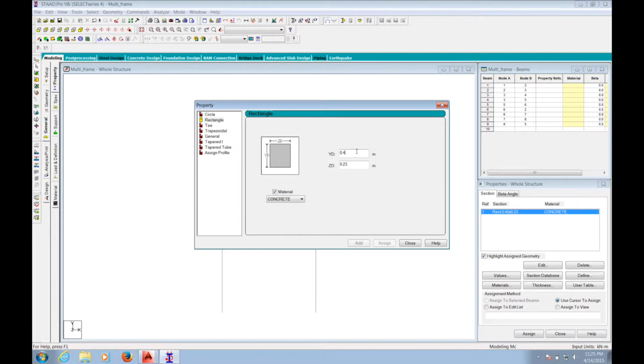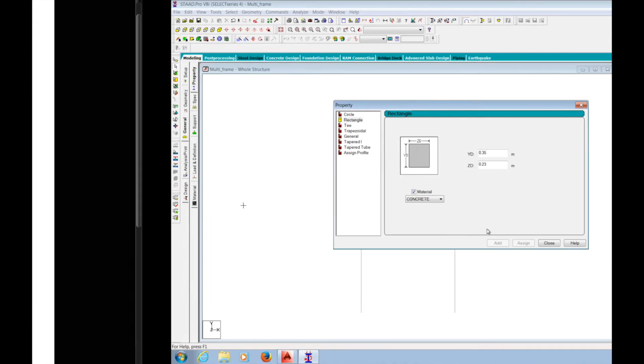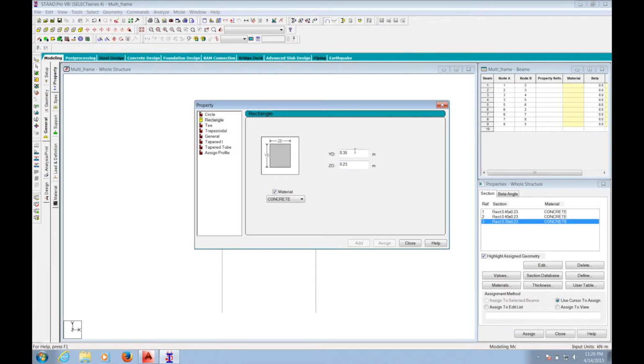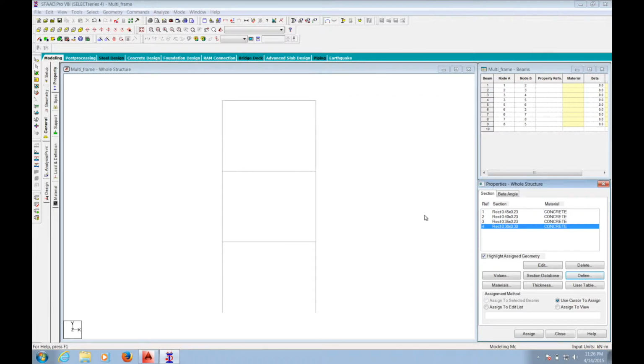Second will be of 0.4 by 0.23. Add. And last will be of 0.35 by 0.23. Add. And the vertical member is of 300 by 300, so this will be 0.3 by 0.3. Add.